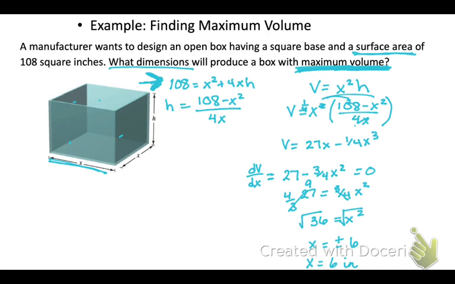So we could do the interval. If you look in the book, they'll do negative infinity to 6, and then 6 to positive infinity, and make sure that that's a maximum. But guys, you only got two answers. You got negative 6 and positive 6, and you can't use negative 6, correct? So 6. So my dimensions would be 6